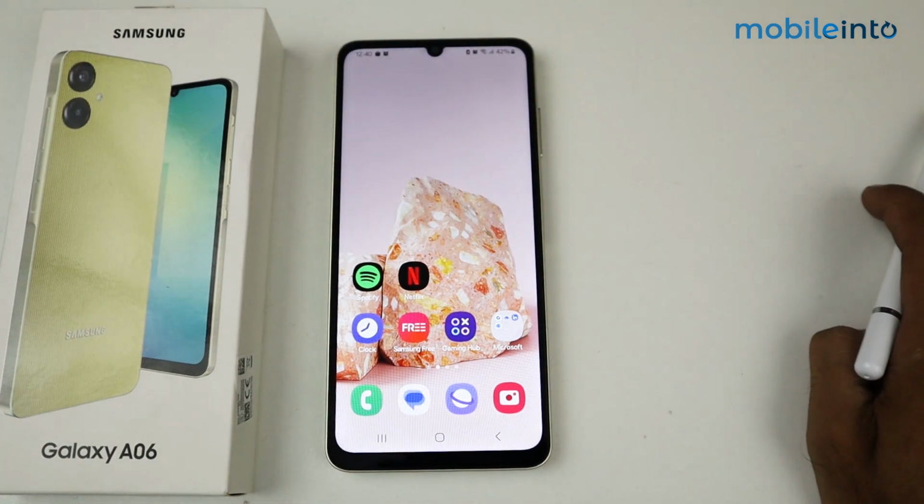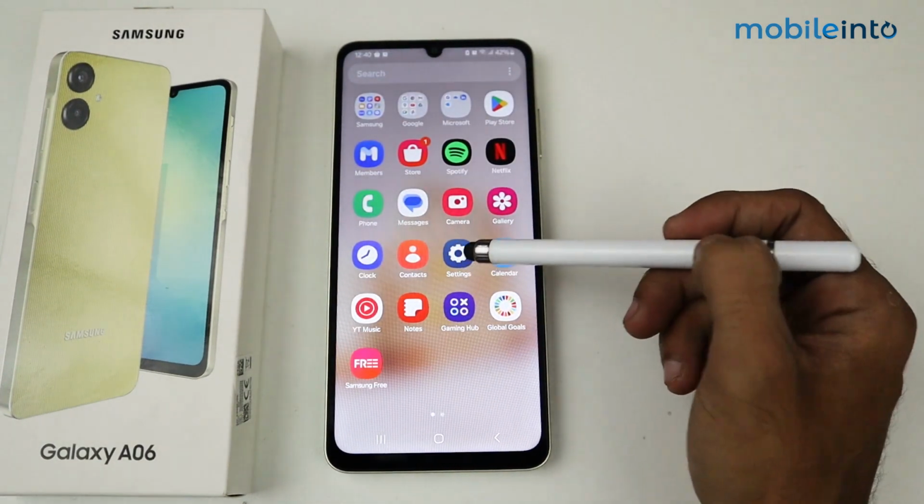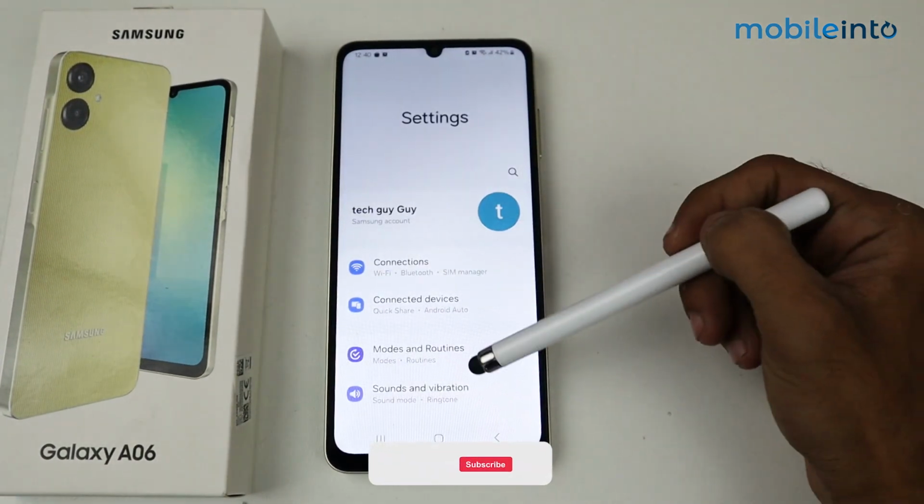Hey guys, what's up? In this video, I'm going to show you how to enable or disable universal switch in Galaxy A06 device. So first of all guys, you have to go to settings and then scroll so that we